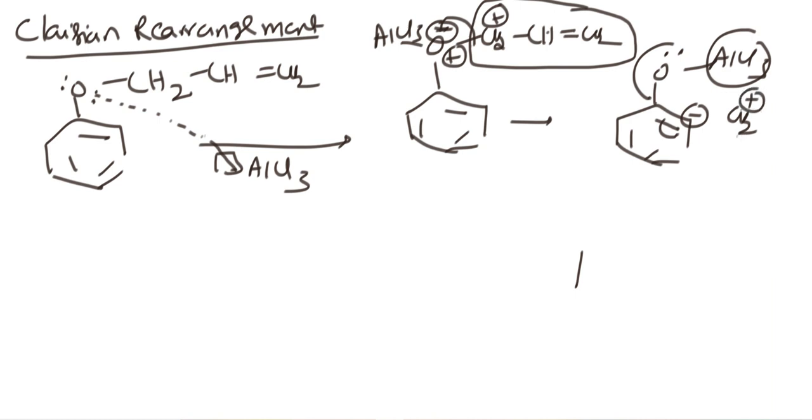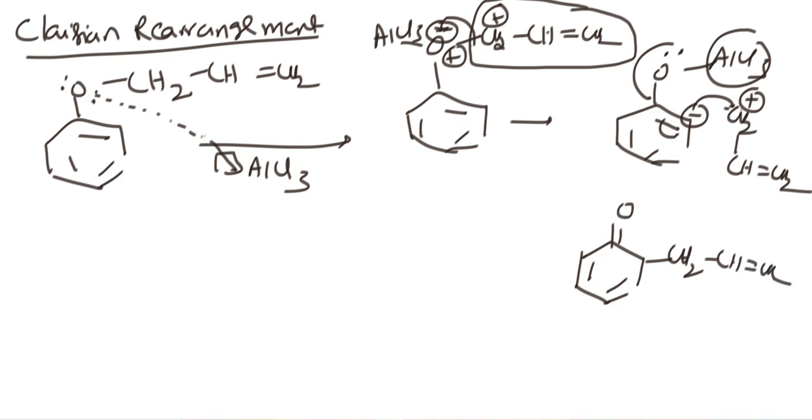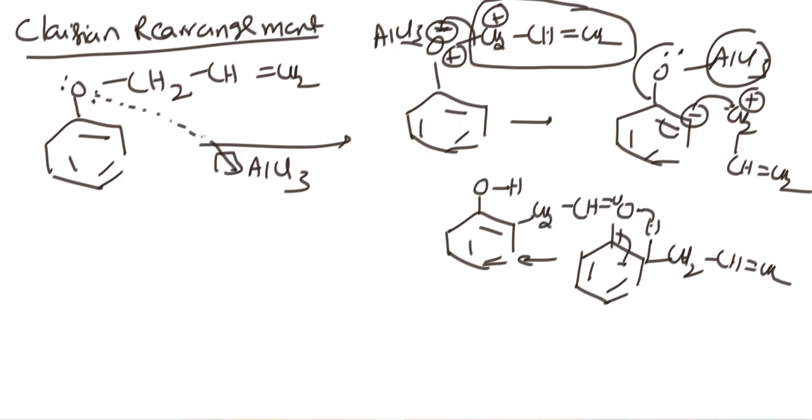CH2 plus, like this it is, the negative charge is connected. Yes, double bond O, here one bond, here one bond, here the electrophile is connected at ortho. Another product is also possible, para. Hydrogen is attached to oxygen, the double bond is shifted like this, then O, H, CH2 CH double bond CH2. That's all. This is our ortho product.